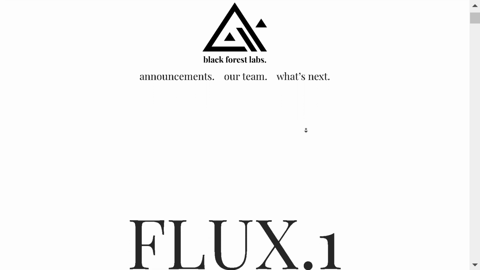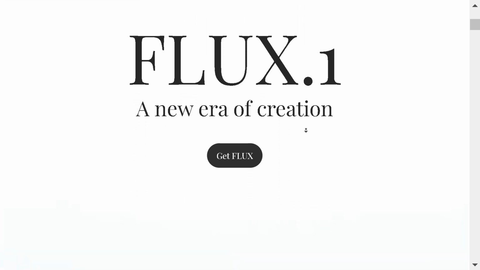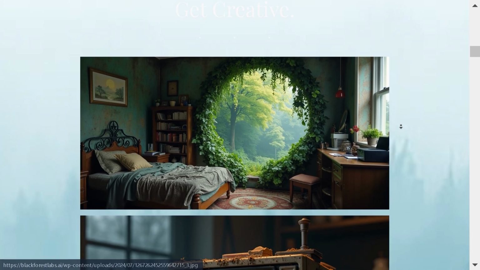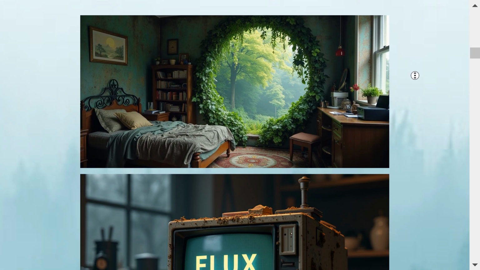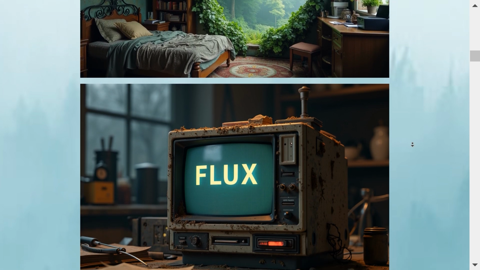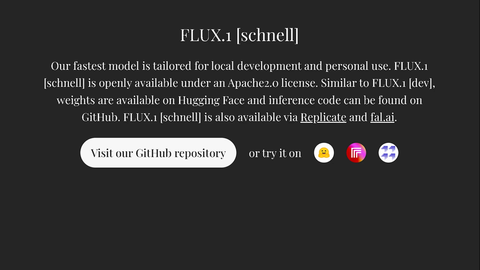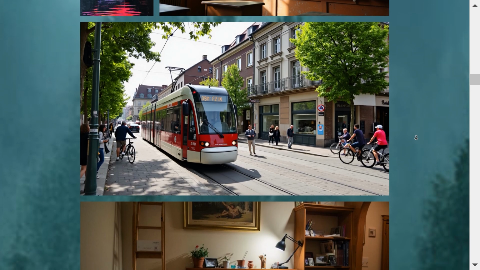The past few days have largely focused on a new Flux One image generator developed by former Stability AI employees who started a new company to create a better image generator model. Flux One has three versions: Schnell, Dev and Pro. Flux One Schnell is the fastest, creating images in just 4 steps, but with slightly lower quality than Dev.